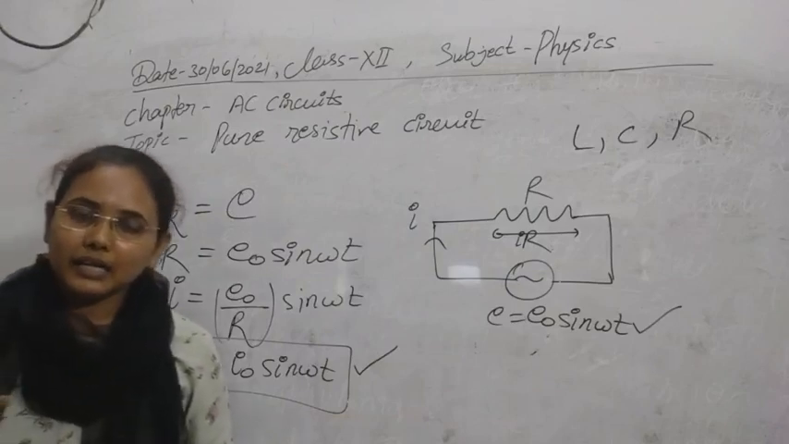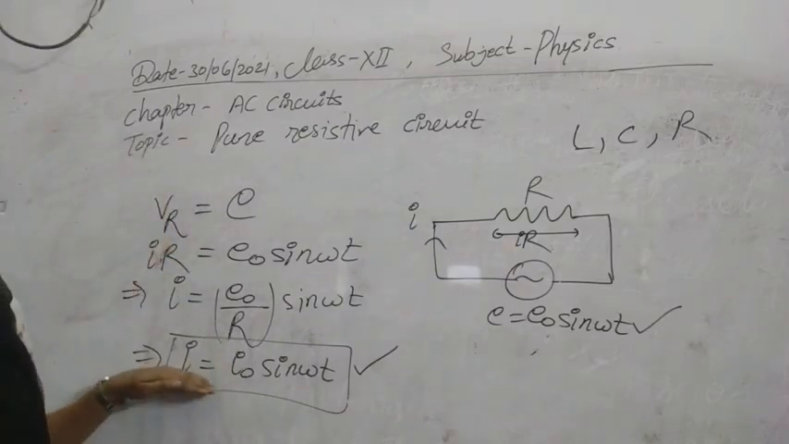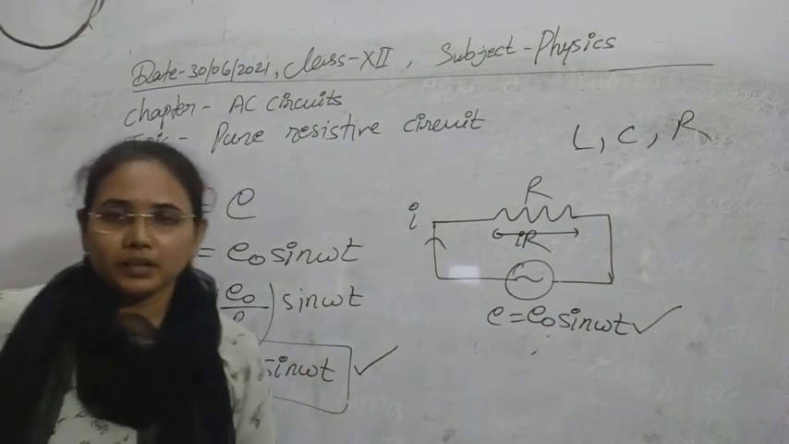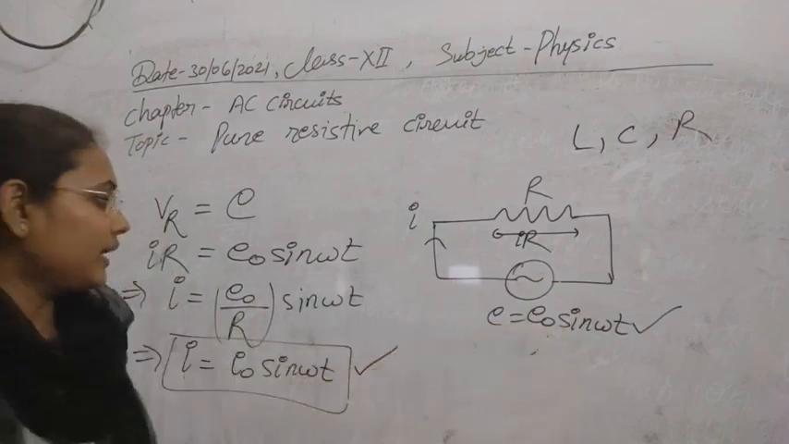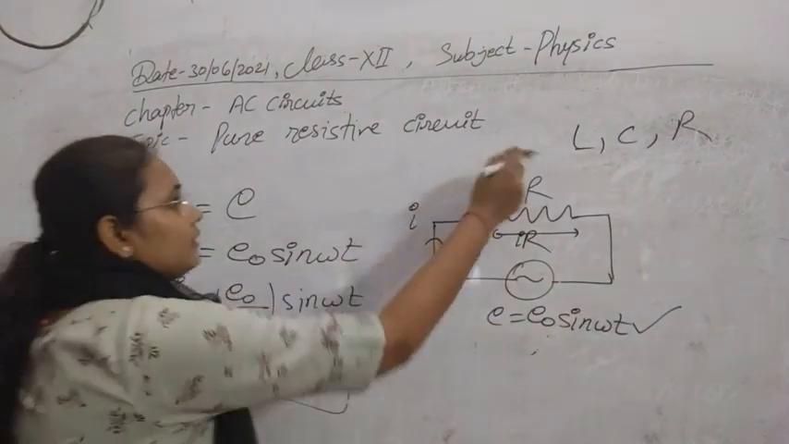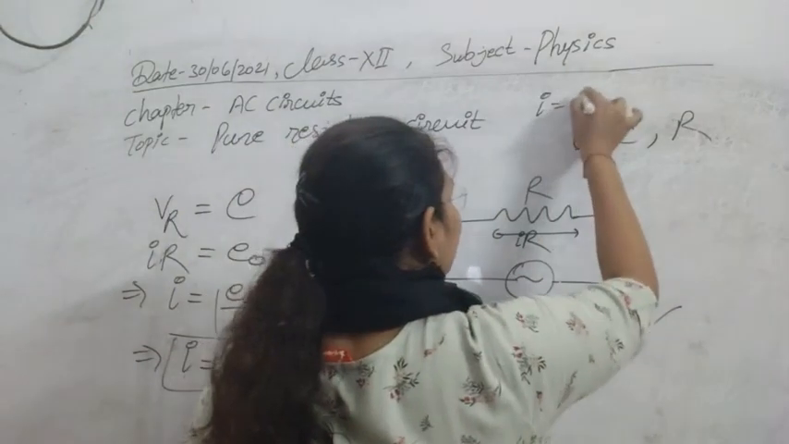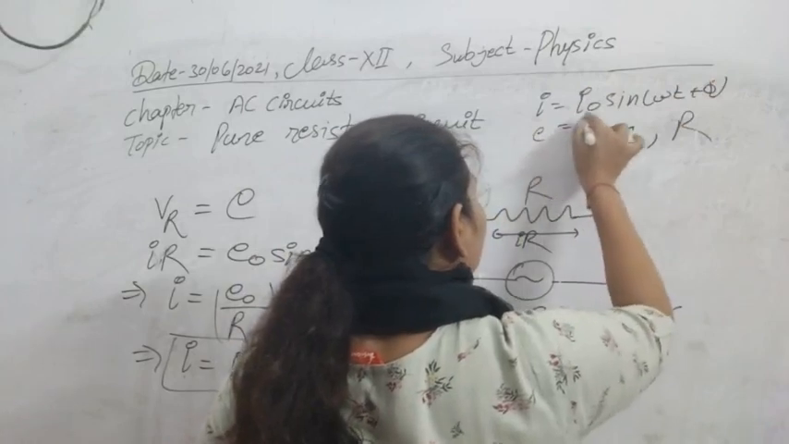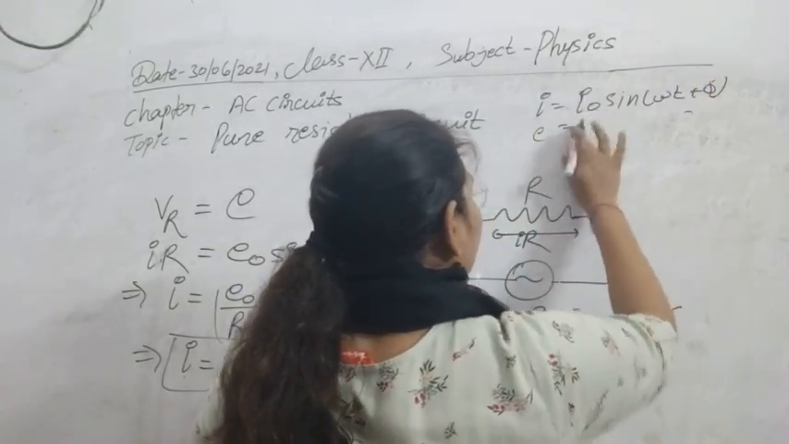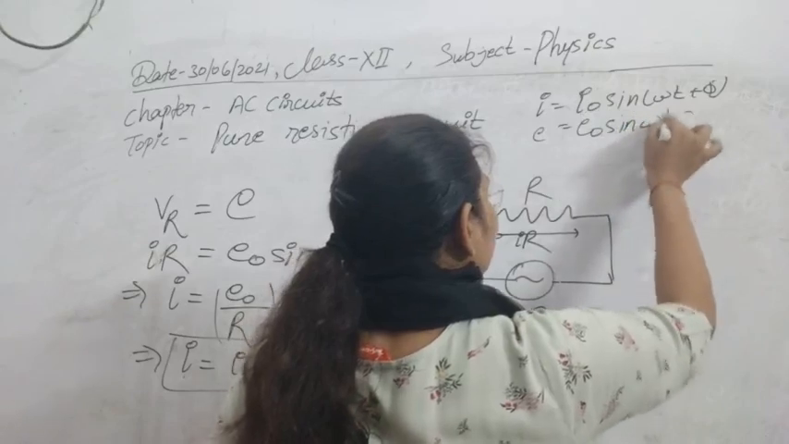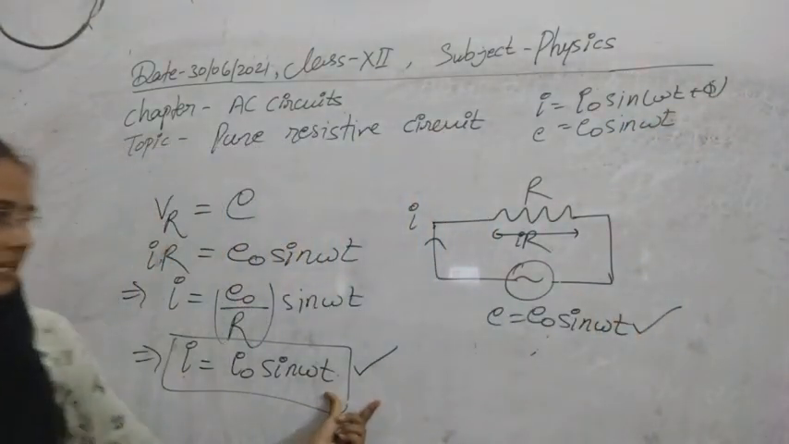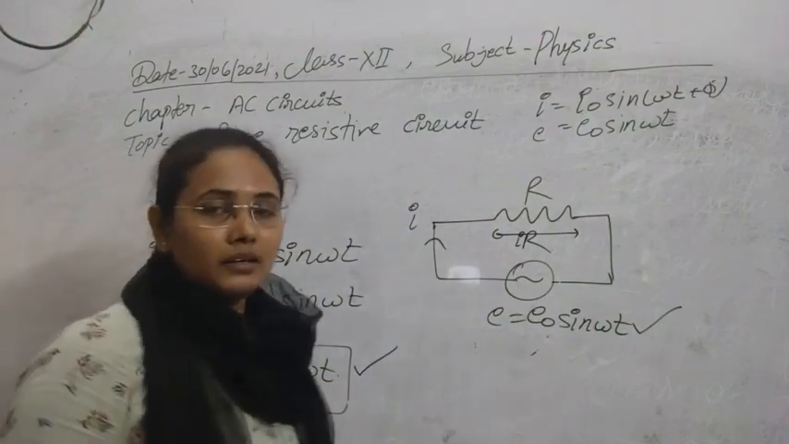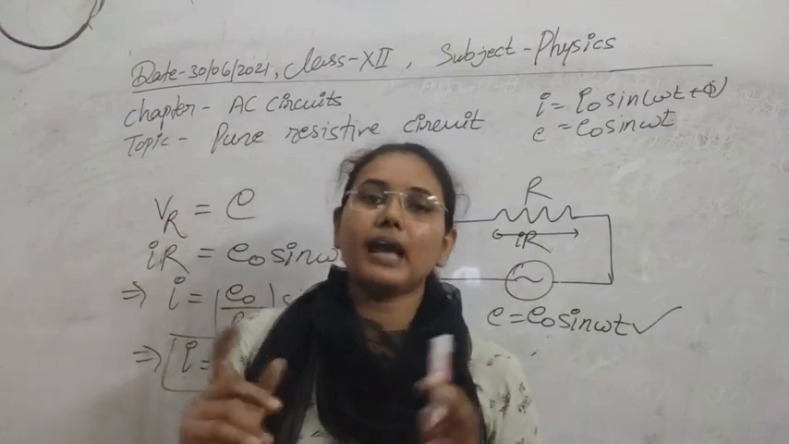So at any instant t, if you have to calculate the instantaneous current in a resistor, you can calculate it by this formula. Now if you look at these two formulas, I is equal to I0 sin omega t plus phi, and E is equal to E0 sin omega t. Here phi is 0, which means that these two quantities are in the same phase with each other, meaning at any time t they start together and end